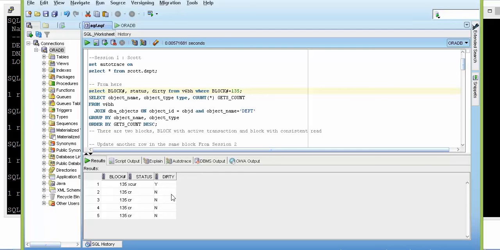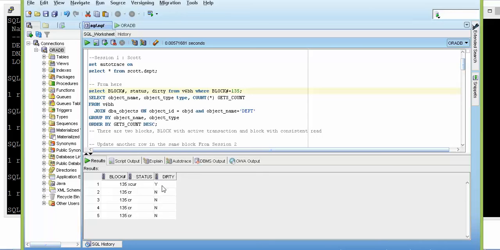Perfect. And now let me see if this has been increased. Perfect. Now what you can see in parallel is that this has become dirty. It has marked it as dirty. Earlier when we did the first update, it did not mark it as dirty, but now it has marked it as dirty because the first transaction is going forward, and there is a parameter that tells that the block has to be marked dirty after a certain number of minutes of transaction, right? That means this particular transaction is ready to be written to the data file. That's the reason this flag has been marked as dirty.